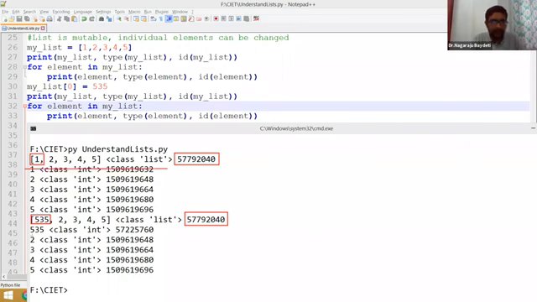and instead of that exact one, 535 has come with a new location, but the object, that is, my list object address, is the same. My list object address is the same. Okay, so this is about the concept of mutable object list. In case you have any doubt, please let me know.